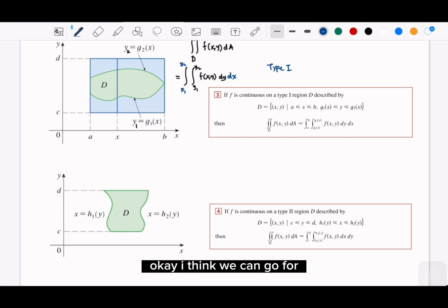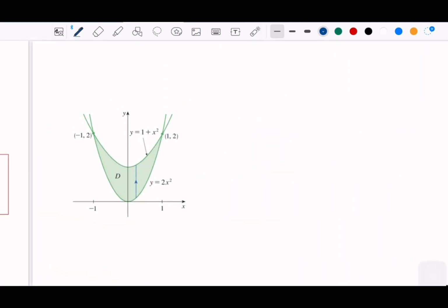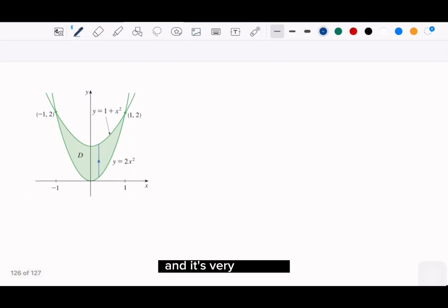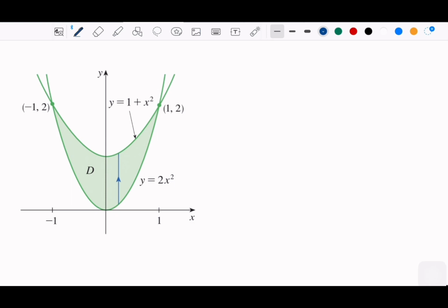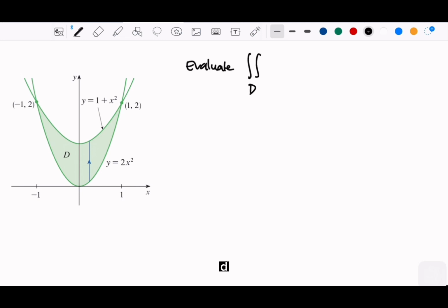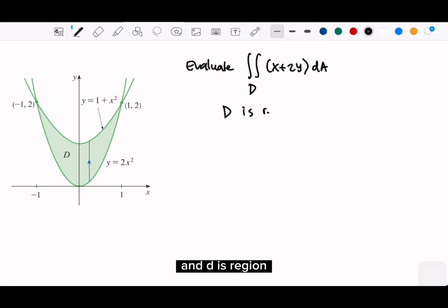Okay, I think we can go for several examples. Let's start from here. It's very obvious. This is the question. So evaluate the double integral of x plus 2y dA. Not really complicated. And D is the region